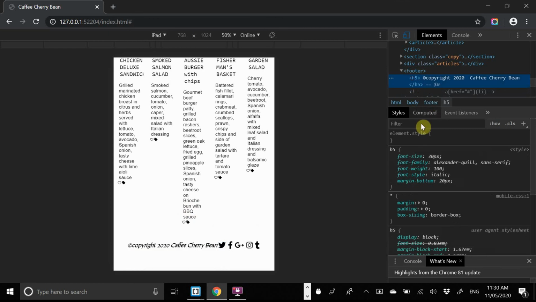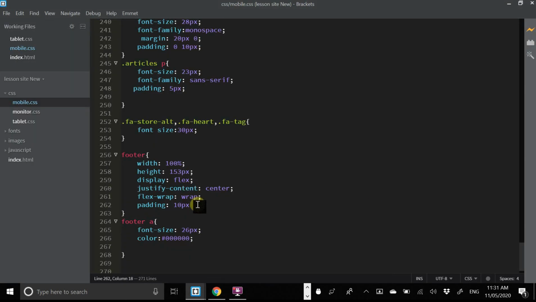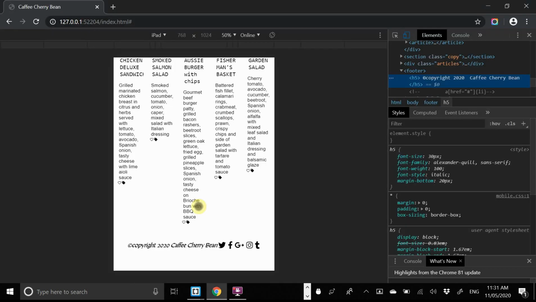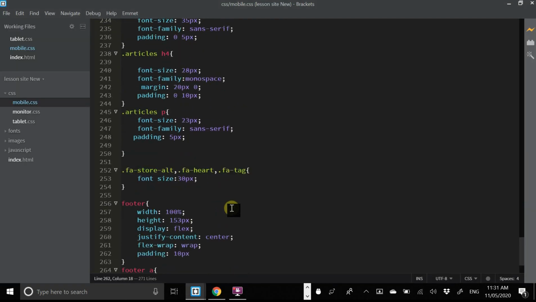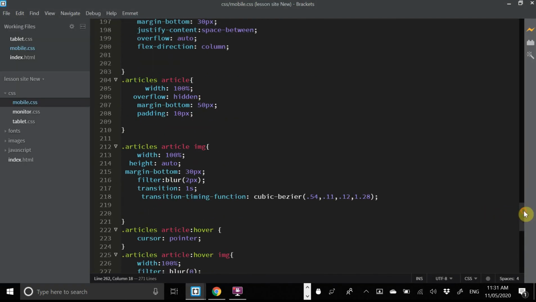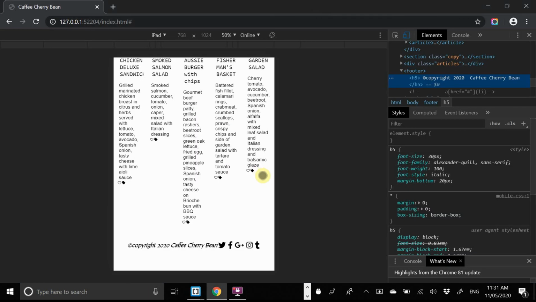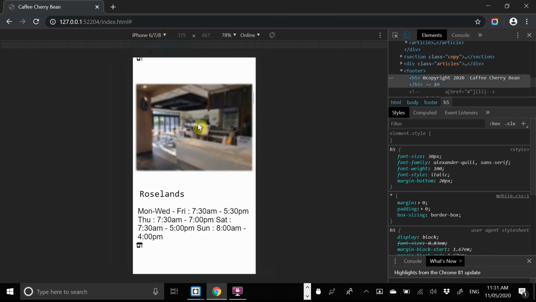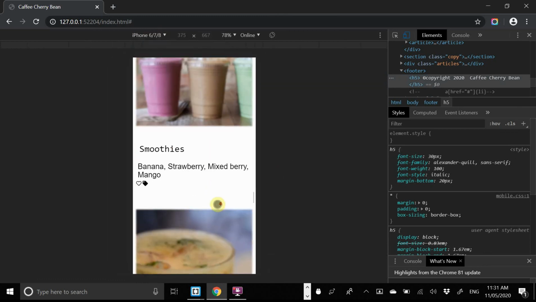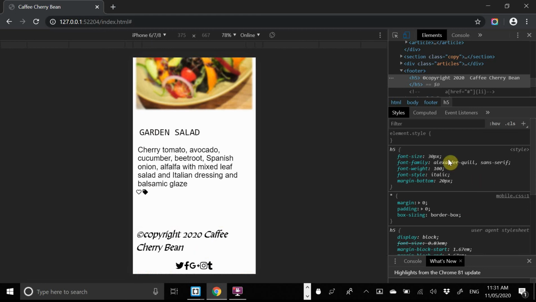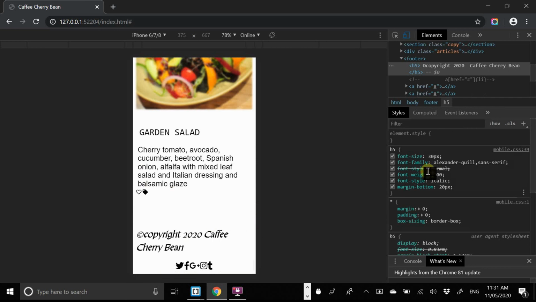But the only other thing, of course, is that I made the H5 font size 30 pixels, right? And the H5 is, I think, at the top of the mobile, or it should be anyway. That's where I would have put it, right at the top. H5, yep. Sorry, I said 30, but I think I dropped it down. Oh man, all the way down. Yep. So I might have to redo that. No, good. So drop that down to about